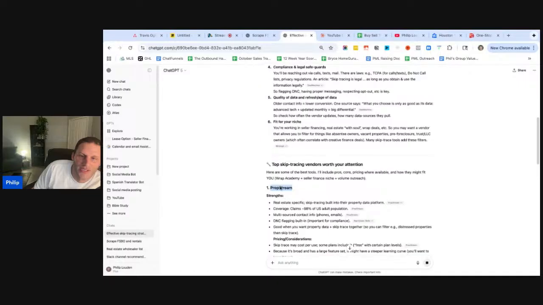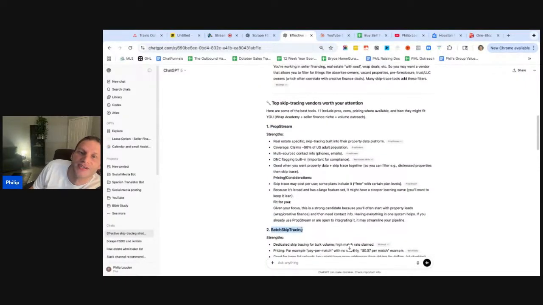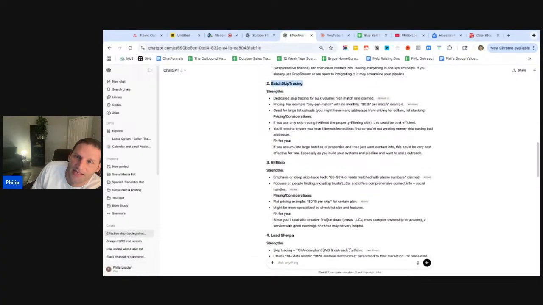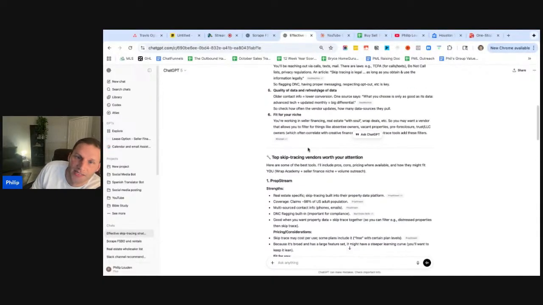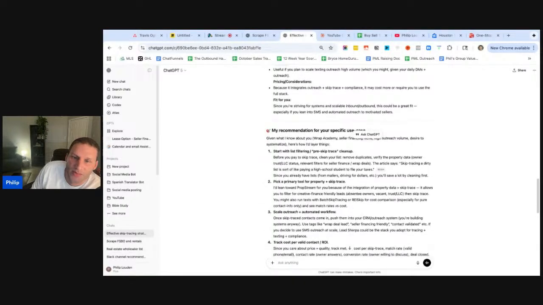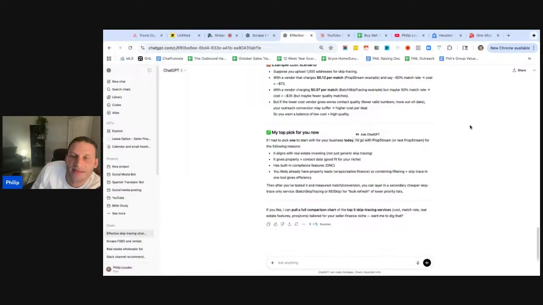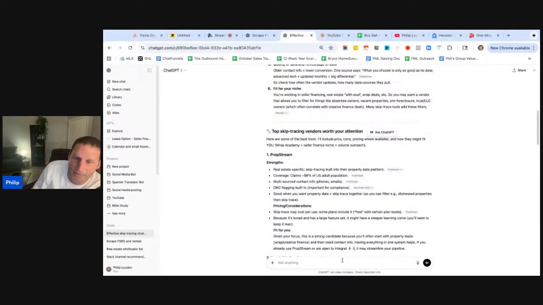Yeah, stuff like PropStream and BatchLeads, I don't think the quality is necessarily the best, but it's the easiest to do and the most cost effective. So I'll tell you, with the 7 cents per match, if you have PropStream, you already have a bunch of free skip traces, so that could be a good way to start. And then another one like Skip Genie is really good as well. Skip Genie is what I would use if I have a good lead. You pay per skip trace, and you can do manual skip traces on Skip Genie. PropStream is fine. It's okay data. I wouldn't say it's amazing data.